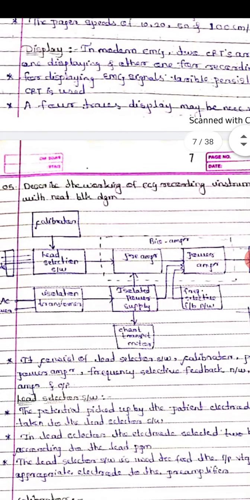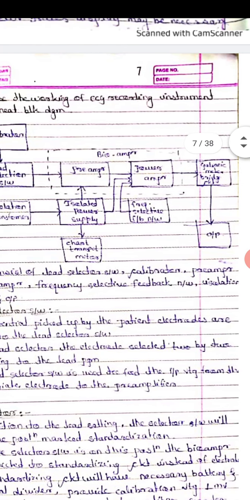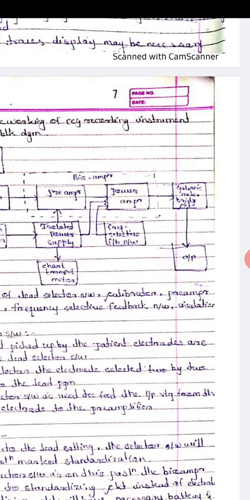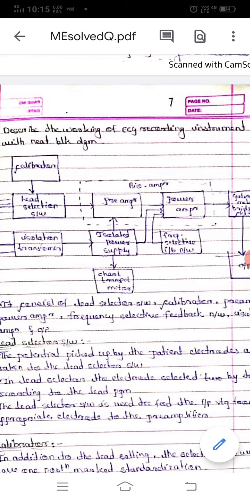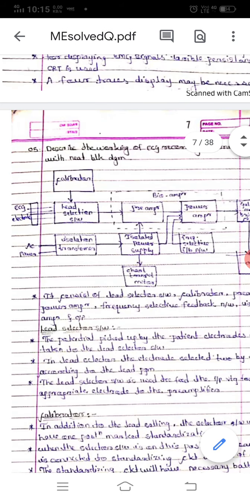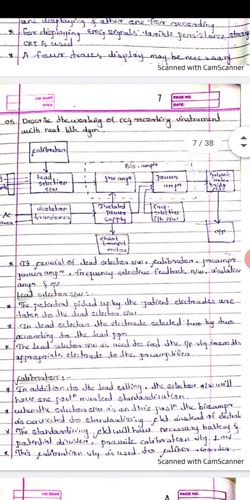In the ECG system they have three modes: an off mode, an on mode, and a run mode. In off mode, both the power bioamplifier as well as the output unit are in off condition. In on mode, the power bioamplifier is in on condition but the output unit is in off condition. The third is the run mode. In run mode, both the power amplifier as well as the output unit are in on condition. So in the ECG system you get three modes.